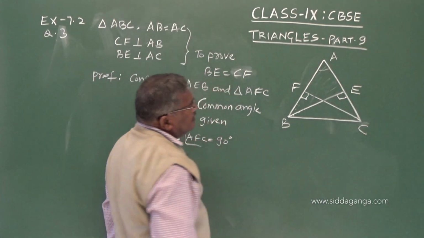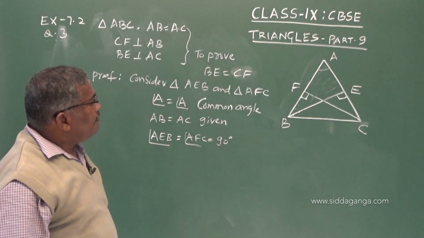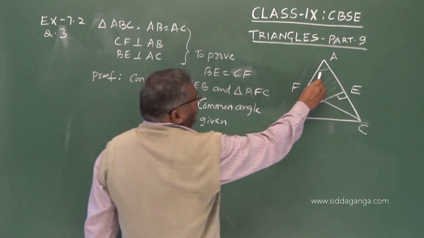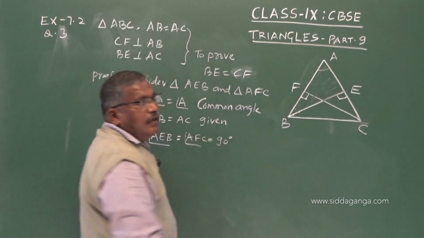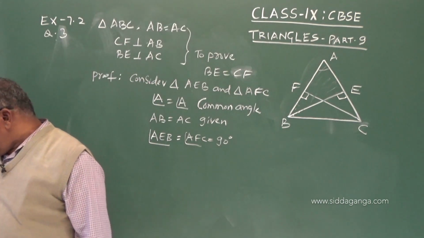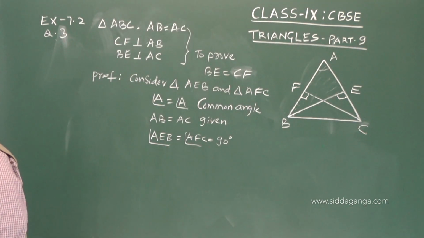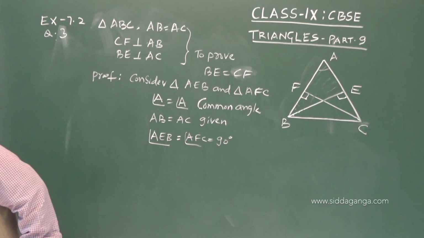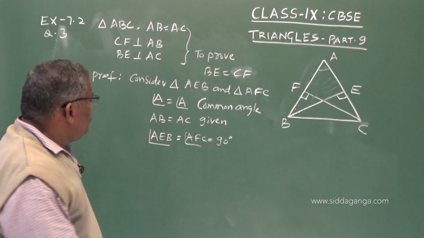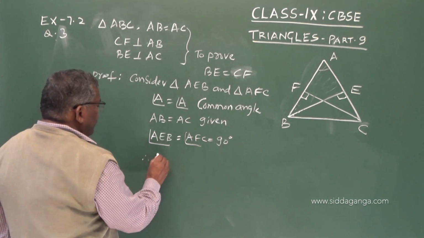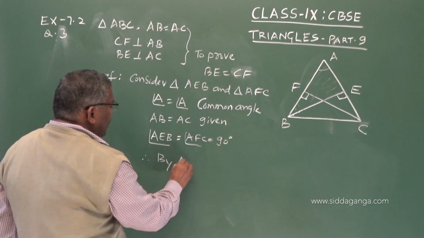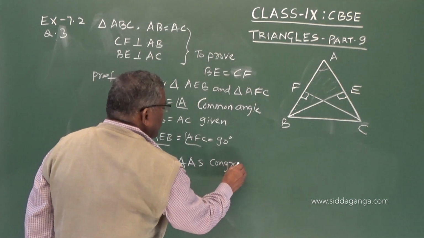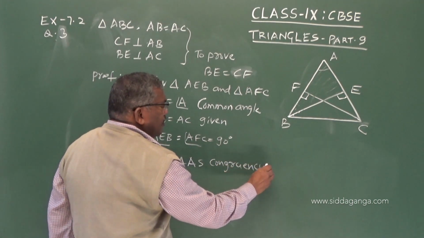So, AC is perpendicular to BF, or BE perpendicular to AC, these two are equal. So, two angles are equal and one side is equal. So, therefore, we can say by AAS congruency rule,